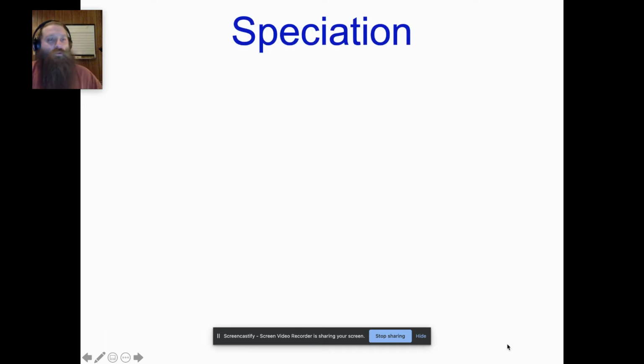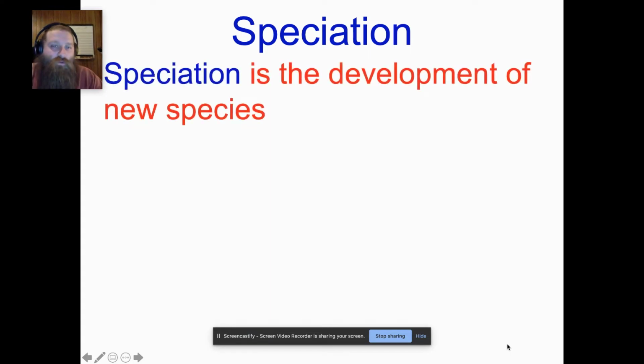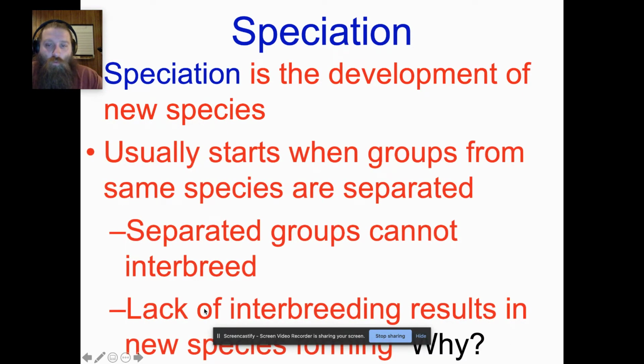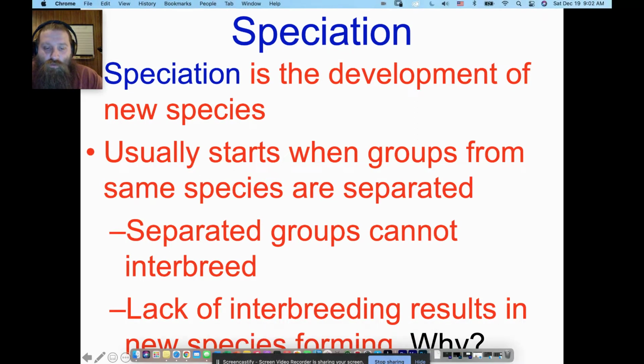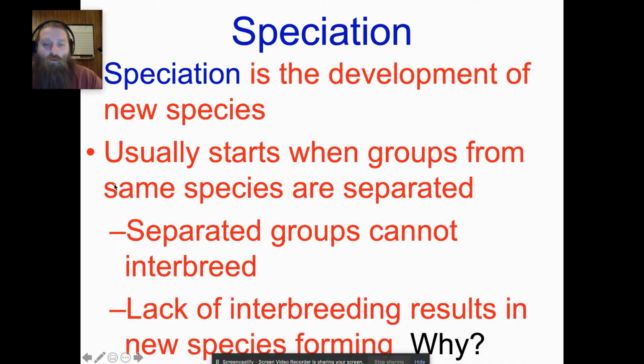All right, in part two of this video, we're going to look at speciation and the methods by which speciation occurs. So what is speciation? Well, the definition is pretty simple. It's the development of new species. It usually starts when a group from the same species is separated from the group. So we have some event that separates a species into two different